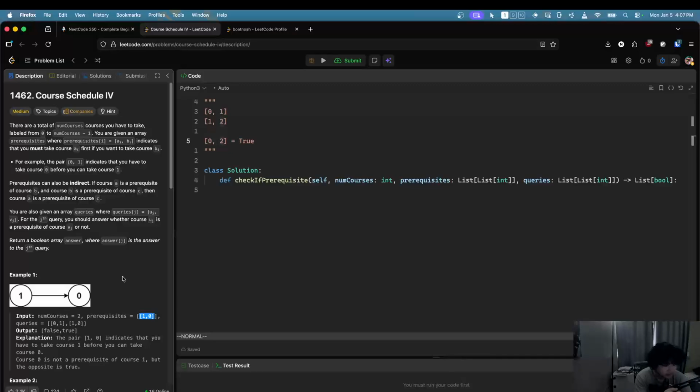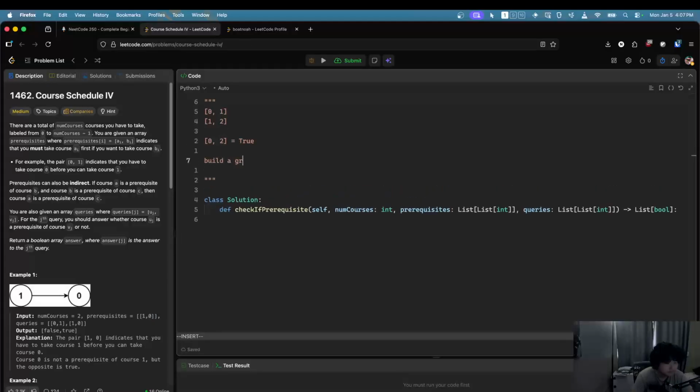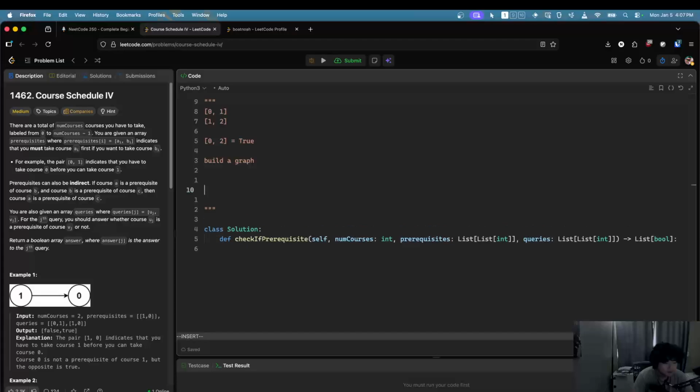So I do need to build a graph. That's the easiest part, right? Build a graph. We use probably a default dict. And then another idea is, okay, there are a total of num courses you have to take, labeled from 0 to num courses minus 1. You're given an array prerequisites, where prerequisites[i] equals [A, B], yeah, okay. Build a graph. And then for every prereq,